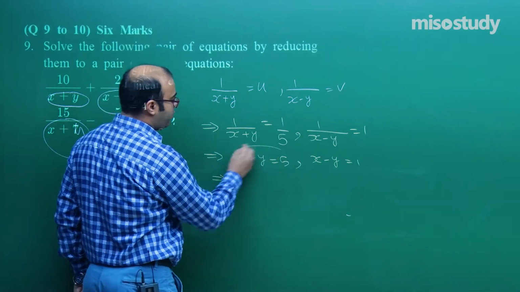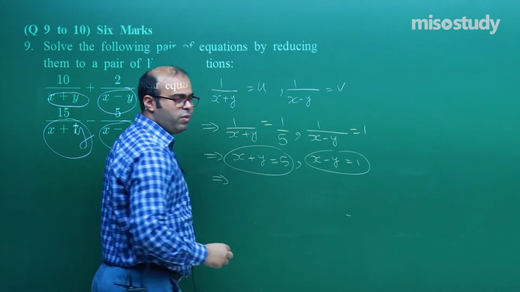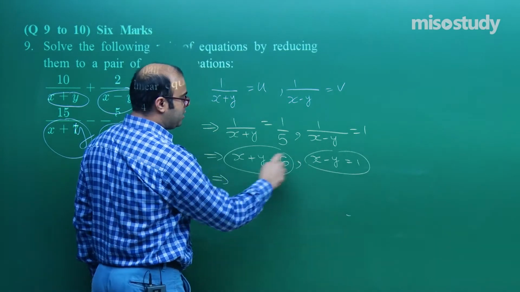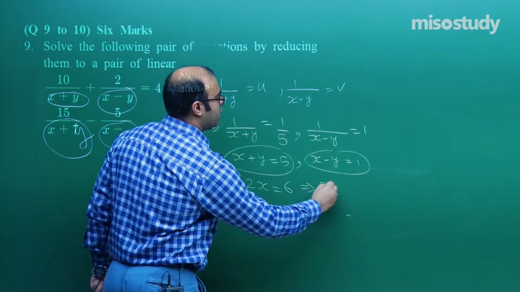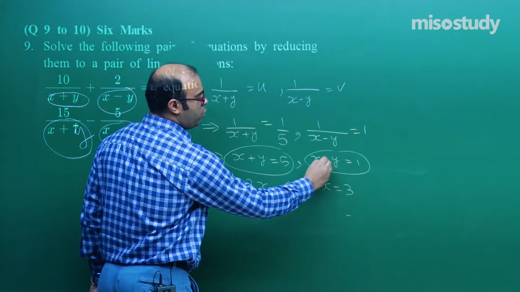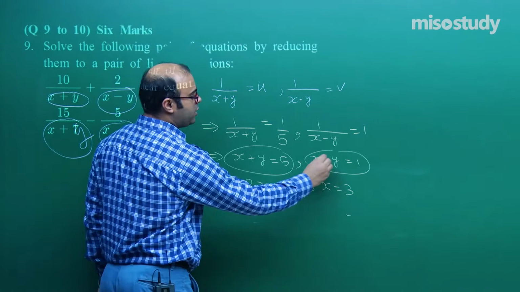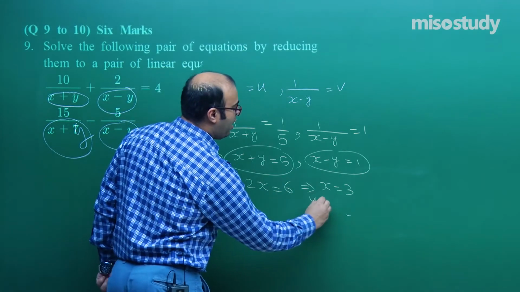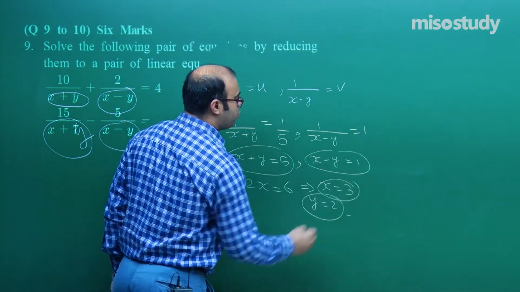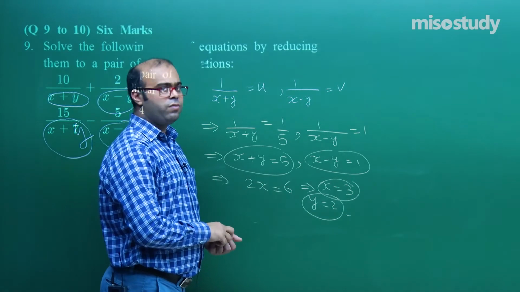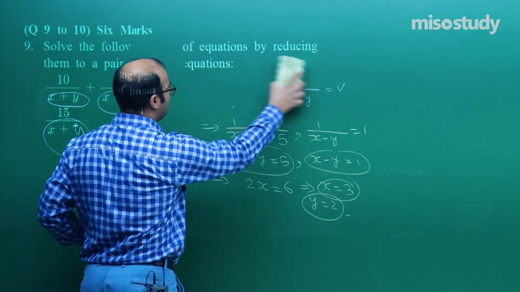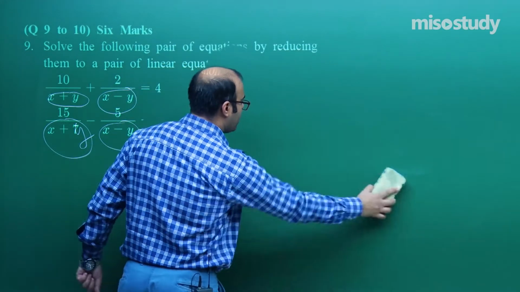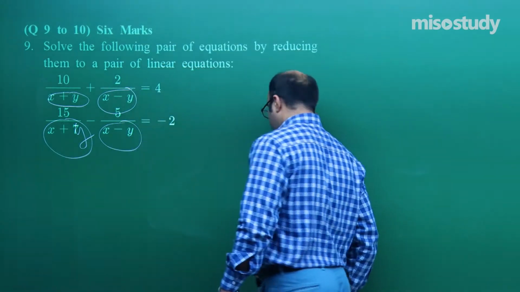So here x plus y is equal to 5 and x minus y is equal to 1. Let us add them. y will cancel, this will become 2x and 5 plus 1 will be 6. So x is equal to 3. You put x equal to 3, let us say here, you will get 3 minus y is equal to 1 or y is equal to 2. So x equal to 3 and y is equal to 2 is the answer of these equations, not exactly linear equations. These are equations in x and y which we solved by reducing them to linear equations.